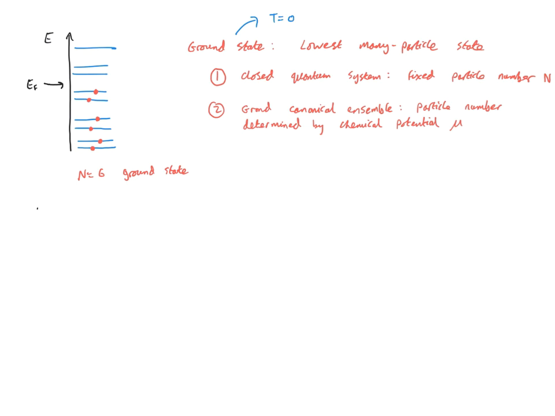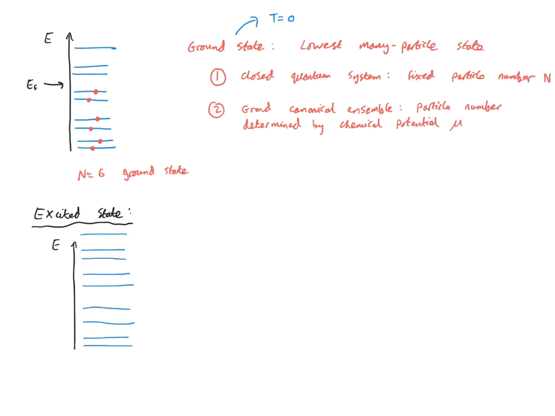So what about excited states above the ground state? Well, we can generate these by considering the different ways of filling up our orbital levels. Imagine that we have our same set of levels before, and we add in our 6 electrons, but instead of adding the lowest energy configuration, I create an excited state, where this electron is in a higher energy state there. So this can actually be viewed as a particle-hole excitation to the ground state,